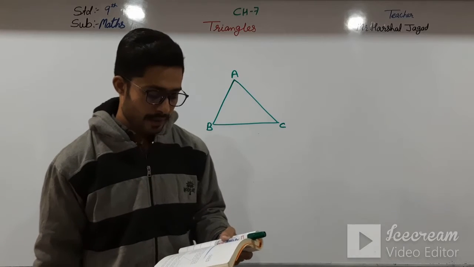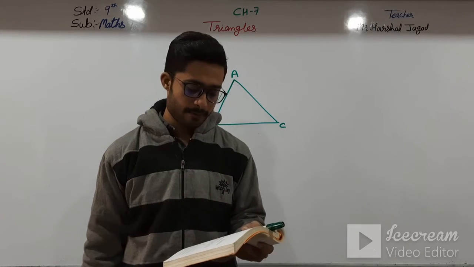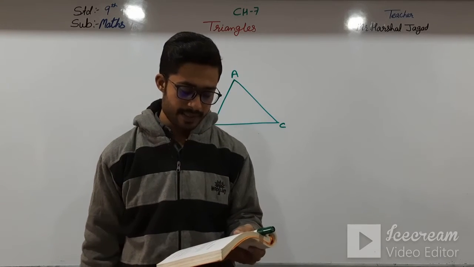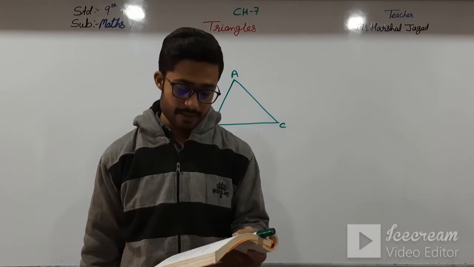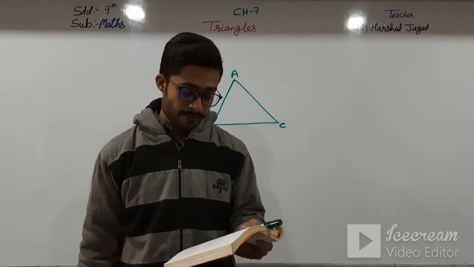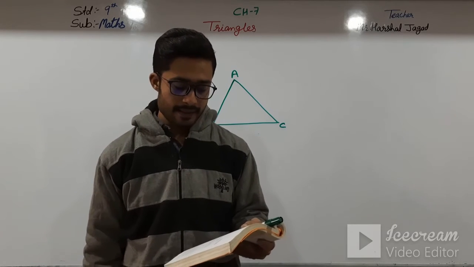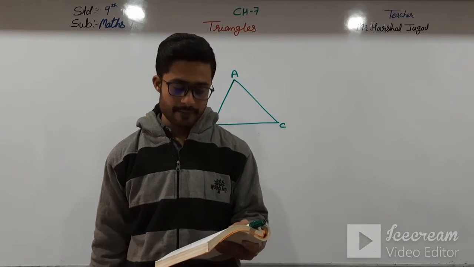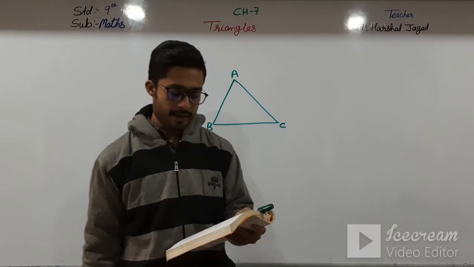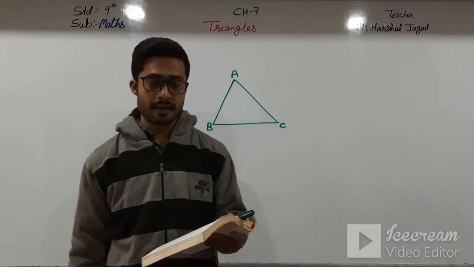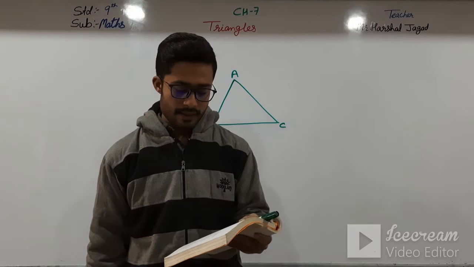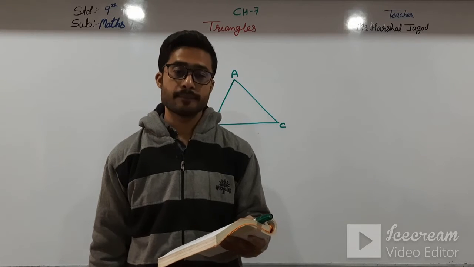In chapter 6, you have also studied some properties of triangles. In this chapter, you will study in detail the congruence of triangles, rules of congruence, some more properties of triangles, and inequalities in a triangle. You have already verified most of these properties in earlier classes. We will now prove some of them.